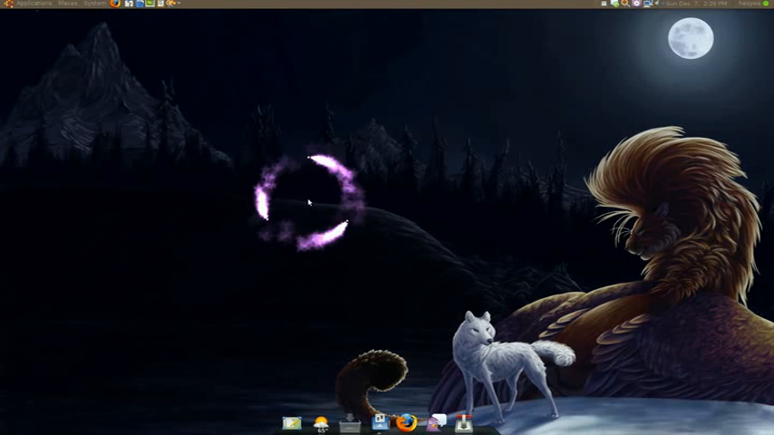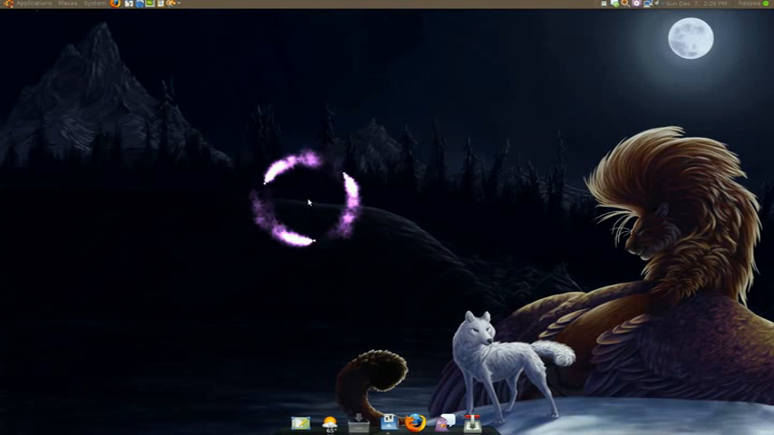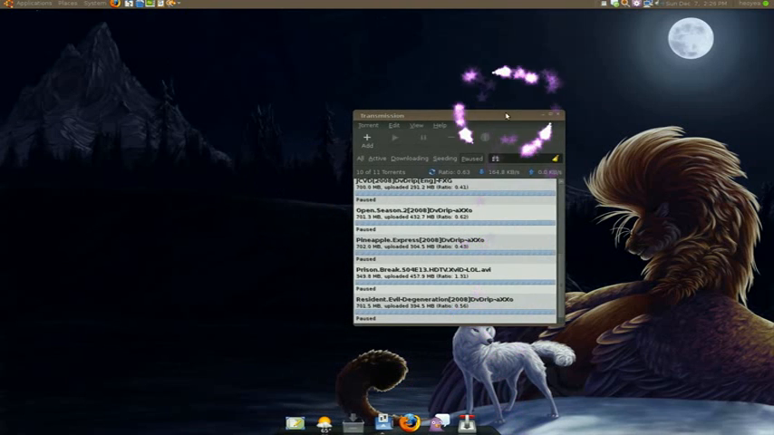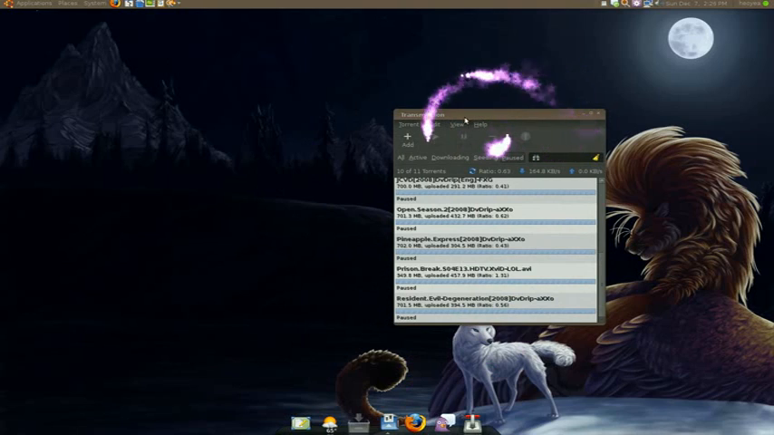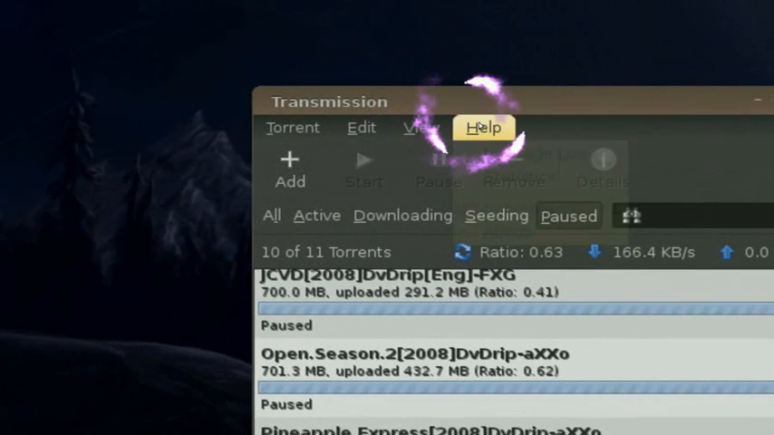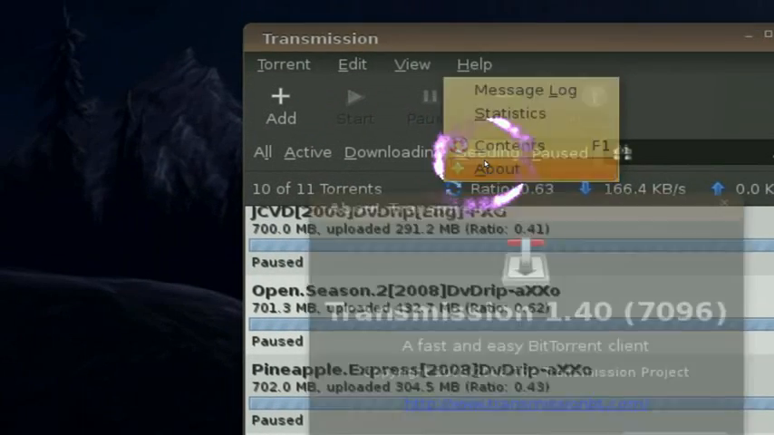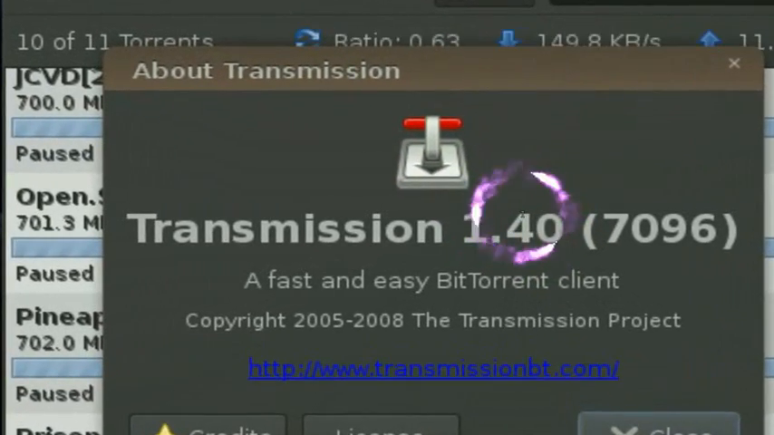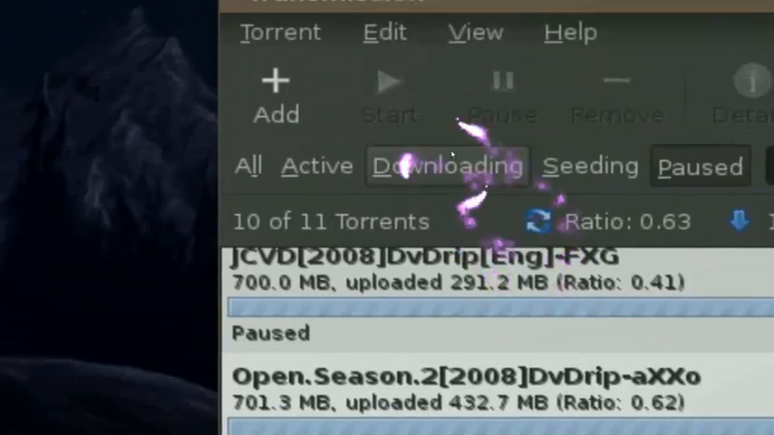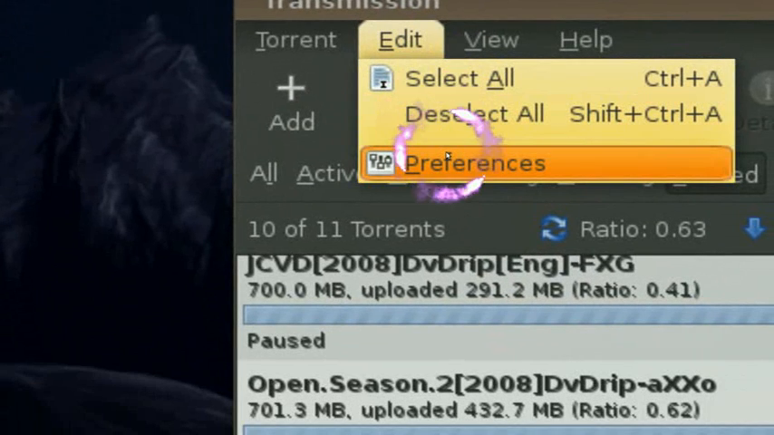In this one, I'm going to talk about Transmission. Transmission is the default BitTorrent client for Ubuntu. Now, in this one, they updated their features. We'll see what version this is. Version 1.40, right? Now, if you go to the preferences here, Edit, Preferences,